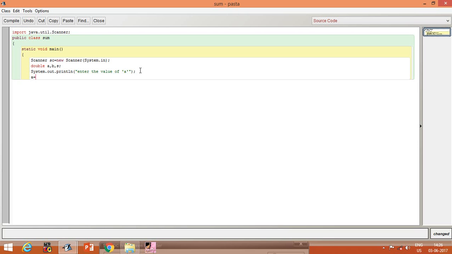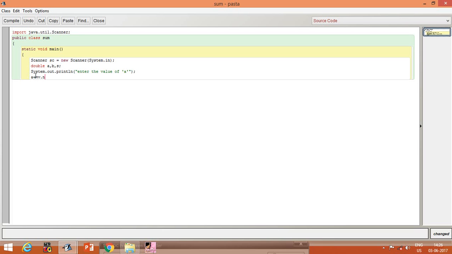A is equals to, here you have taken a, you can give b also, but since you have taken b, you have to give b. This is nothing, you can give anything here, any slang, your name, it will come in the terminal window. So sc.next: you have to give sc, since you have given the scanner name sc over here. So please use sc, nothing else, otherwise an error will arrive.